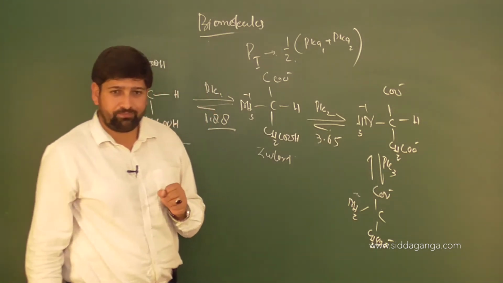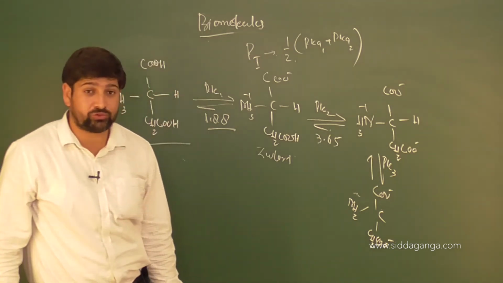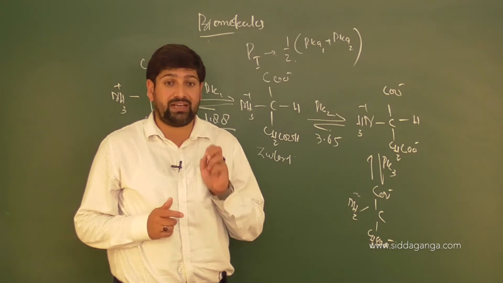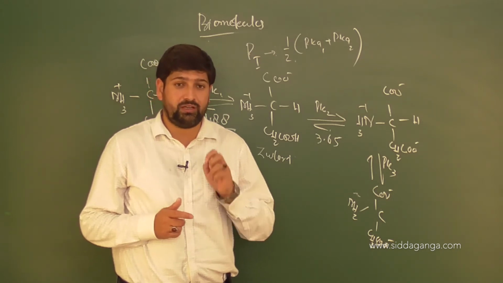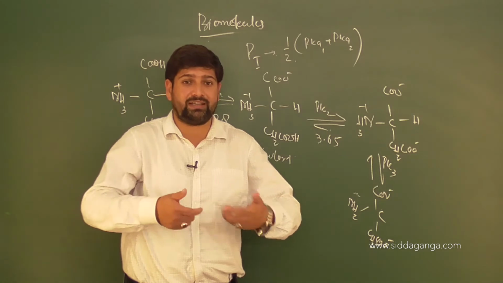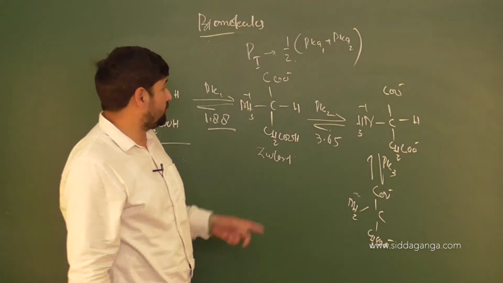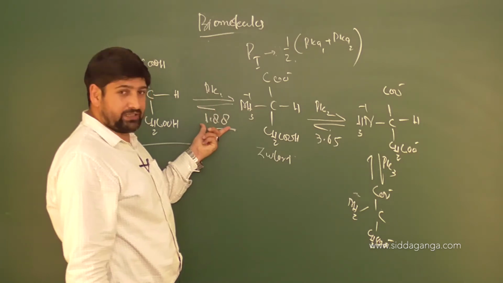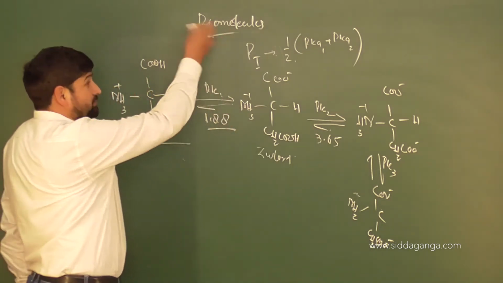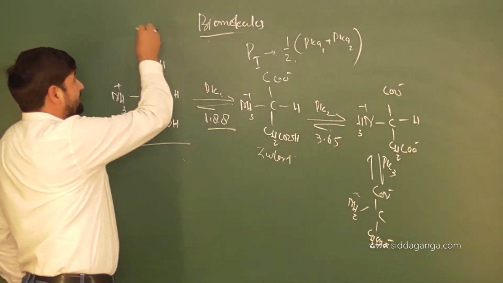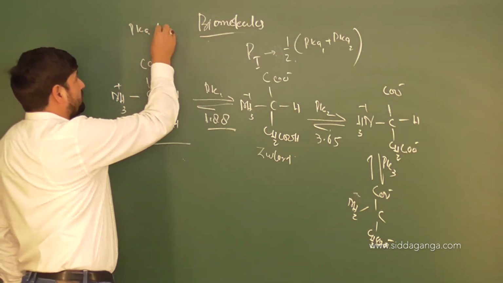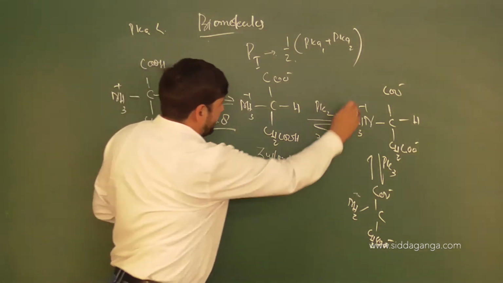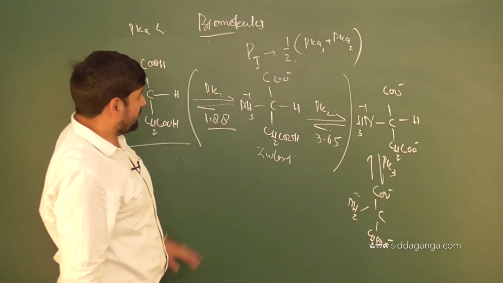Whenever you have an amino acid in which more than 2 pK values are given, you need to take the pK values which are lowest, in which the acidic concentration will be highest, in which the substance will act as the higher acidic or basic system. Have a look. pKa1, that is pK1, which is 1.88. So we know for any substance to show reactions as an acid, its pKa value should be less. See here, in between the range of 1.88 to 3.65, what you have got?